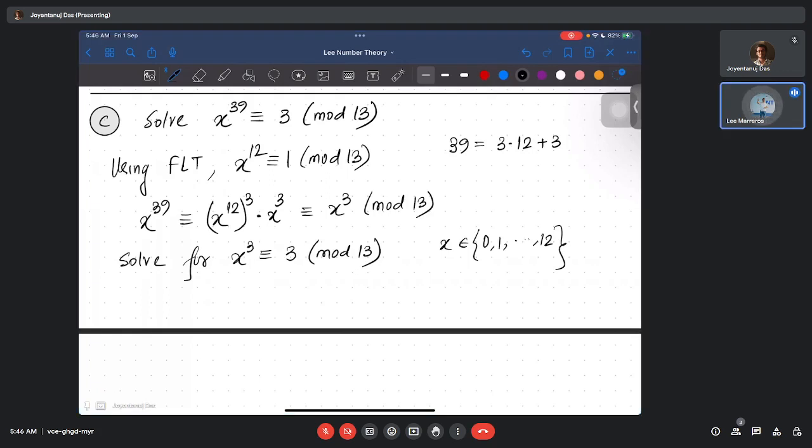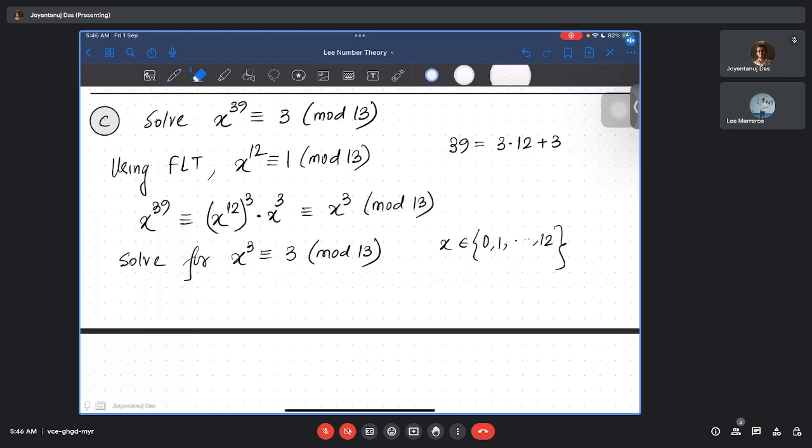But there should be any number whose cube is greater than 13. Yes, that will automatically come, right? Because if we go through some numbers, then it will automatically cross 13. So for example,